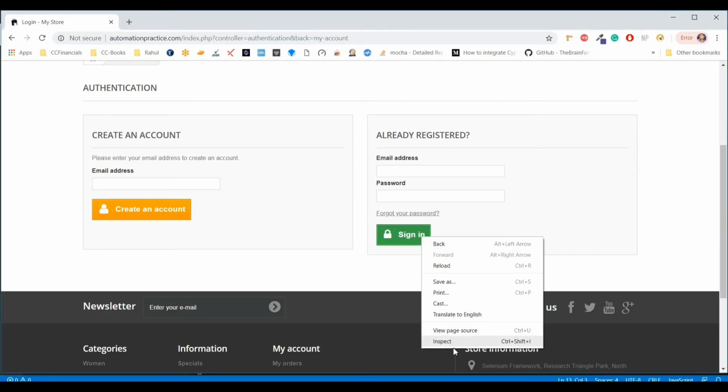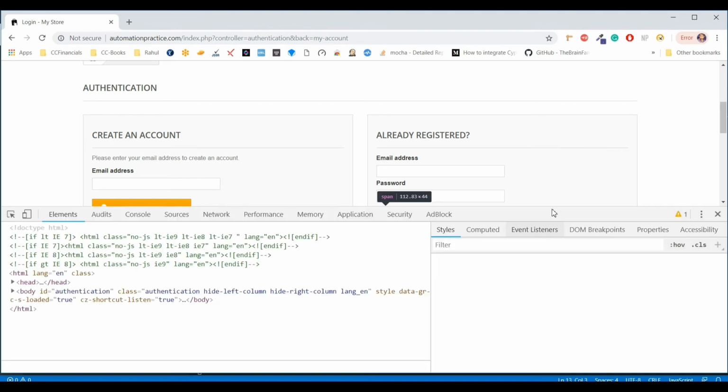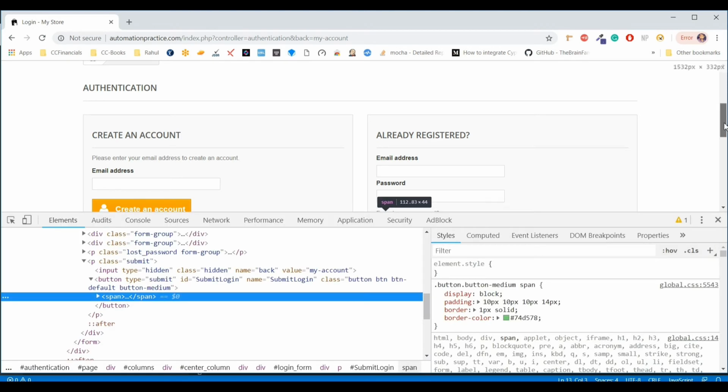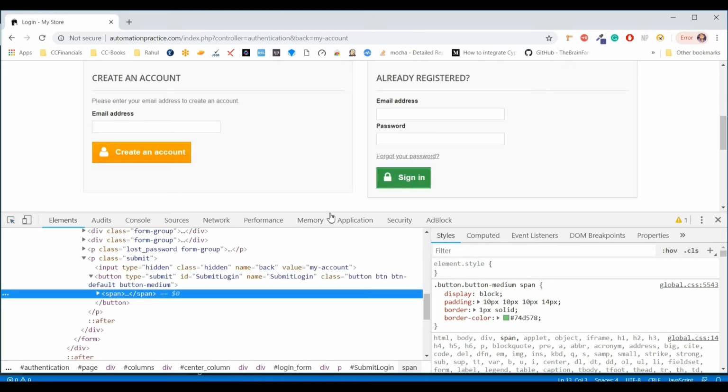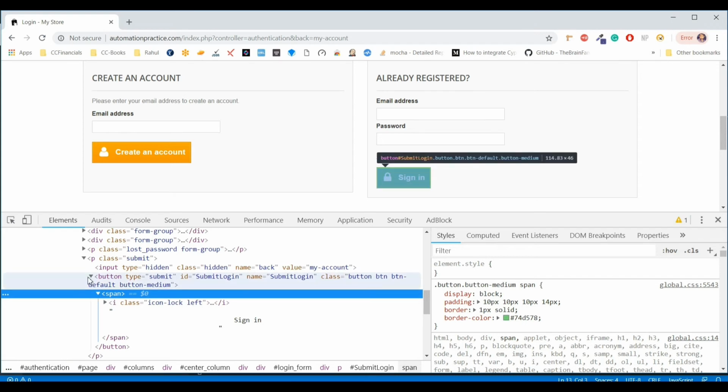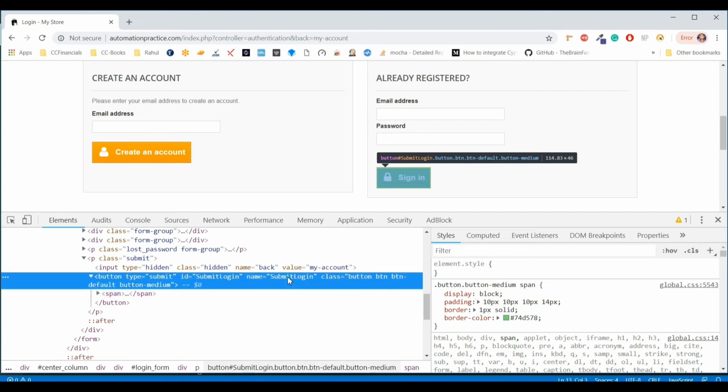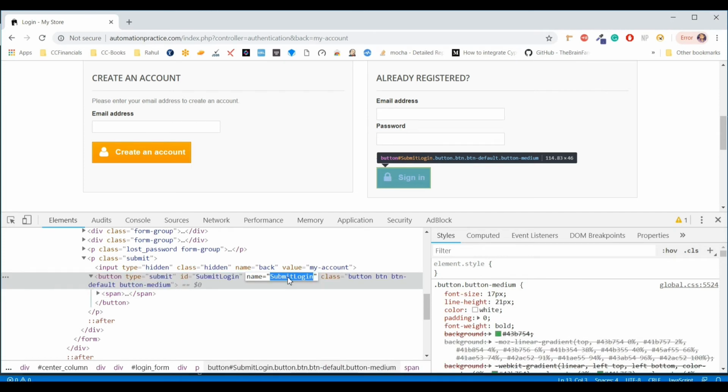And now I'll try to show you like we will try to click on the sign in button. Okay, so I extract the path for this one. You can see button type is submit, ID is submit login, and name is submit login. Okay, so this time I'll use the name, and we will use selector sub only.